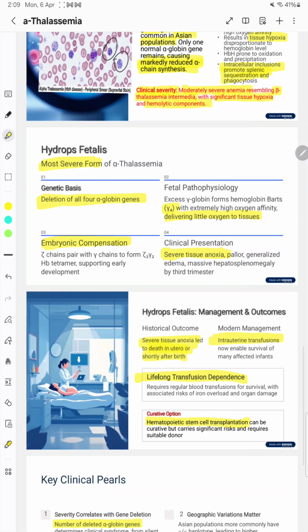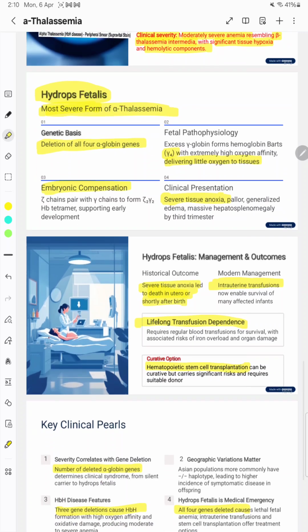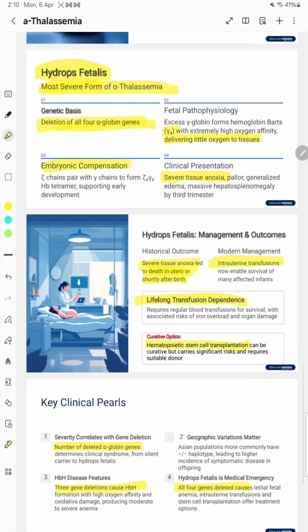Now the Hydrops Fetalis. This is the most severe form of alpha thalassemia. All 4 alpha globin genes are gone. In this condition, there is excess of the gamma globin chain, as HbF is the main hemoglobin of early life, and these gamma chains have a very high affinity for oxygen, so this results in tissue hypoxia or anoxia, and ultimately results in hepatosplenomegaly. In most cases there is